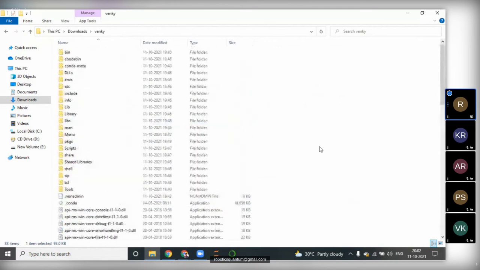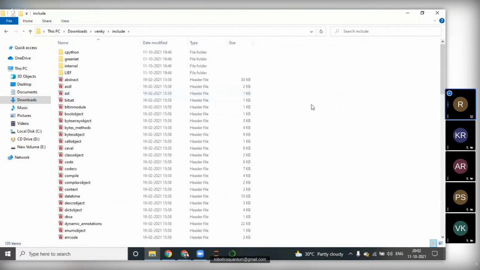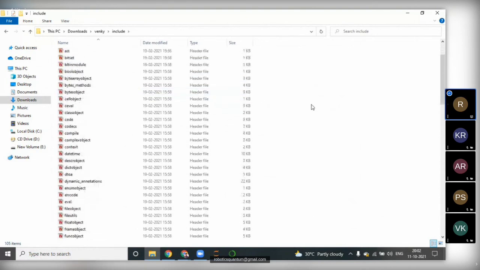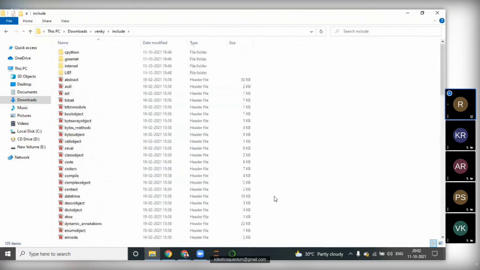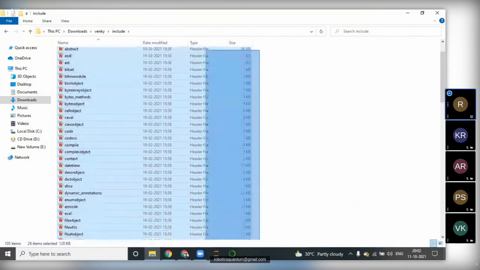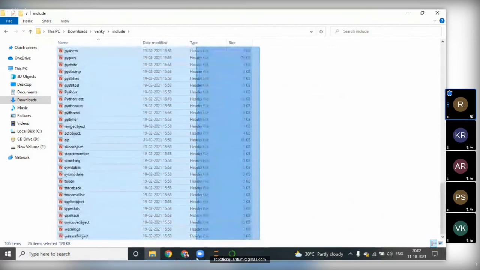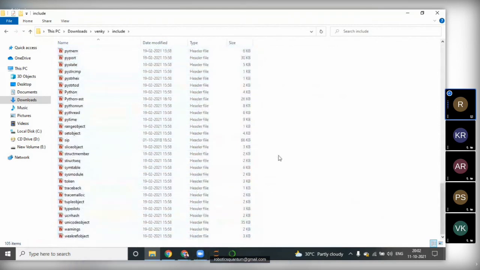Okay, so these are the libraries. When we open this include folder, there are a lot of files available here. All come under header files. The type of the file is header files, and a lot of header files are available. Because of this, Python is called rich in library. As I said, most of the things are available here in the libraries, which we can include and use in our programs or projects. Most of the part is available as header files.